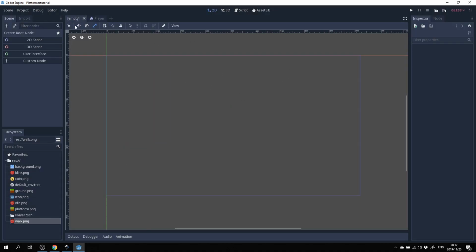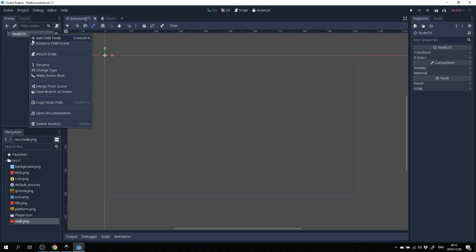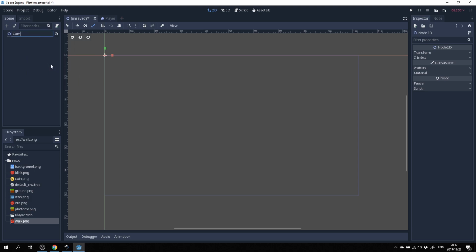So back into this empty object over here, I just want to create a 2D scene and rename that to game. Everything in our game will essentially be a child node of this game object. So if we ever need to get objects below the game object, we can refer to the game object and traverse its children. This tree-like structure helps us to organize our game and our project. So always be a little bit cognizant of how you do that.